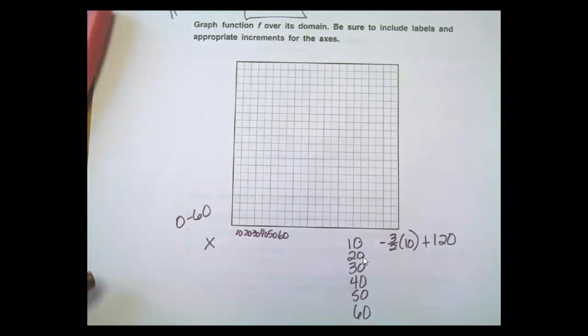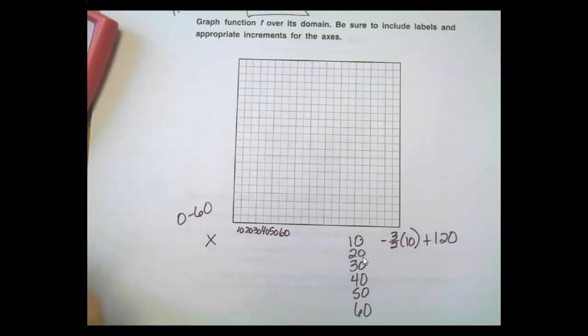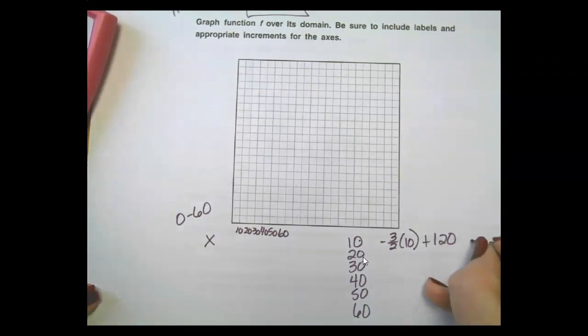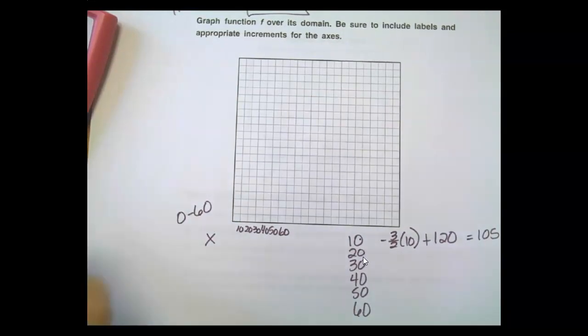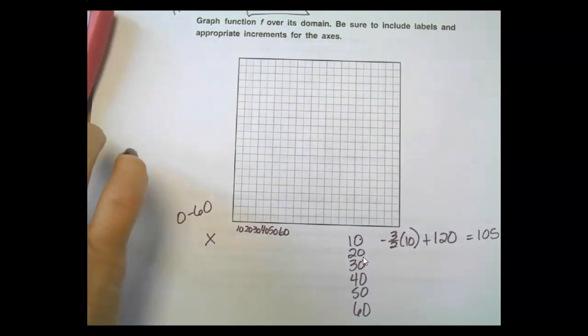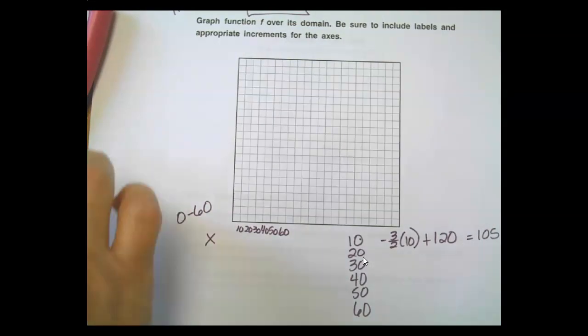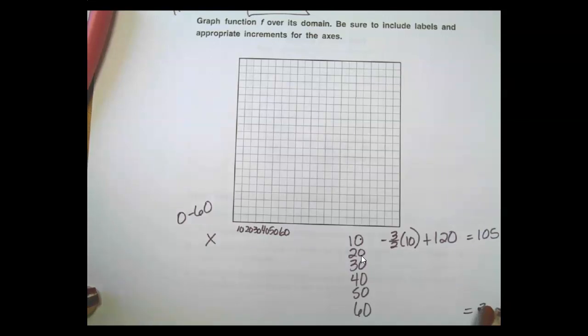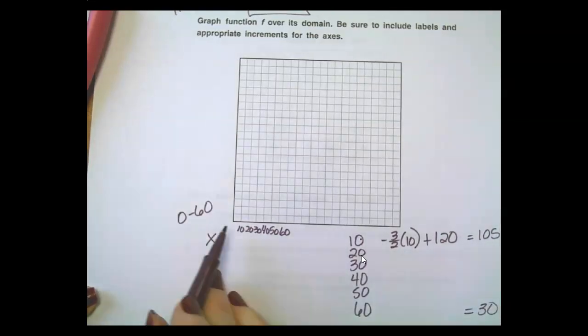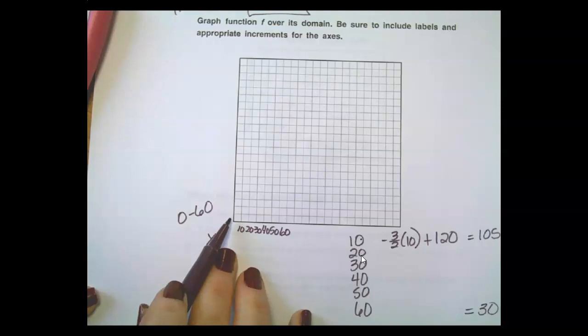Well, in this case, let's see here. So negative 3ABC2 times 10 plus 120 gives me 105. Okay, that's my lowest. Is this going to be higher? So let's do this guy so we can kind of get our increments. So same thing, times 60 plus 120 equals 30. All right, so my lowest number here on my y is going to be 30, and I need to go